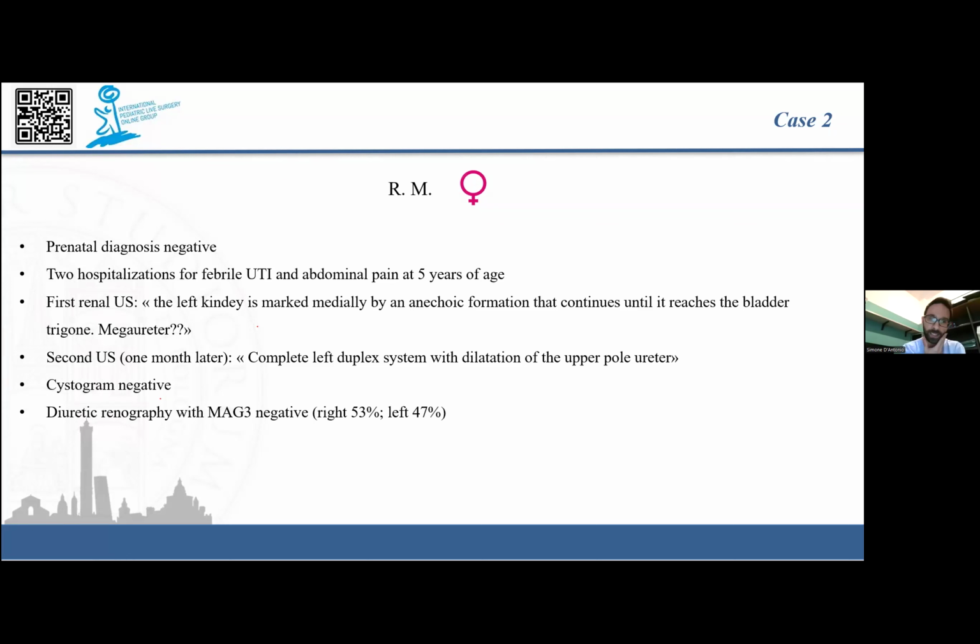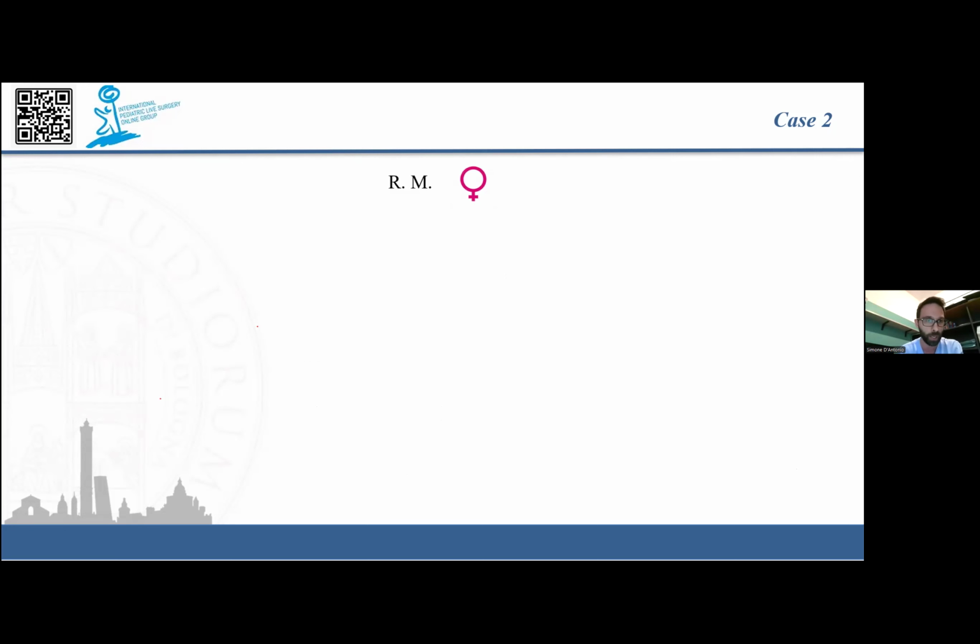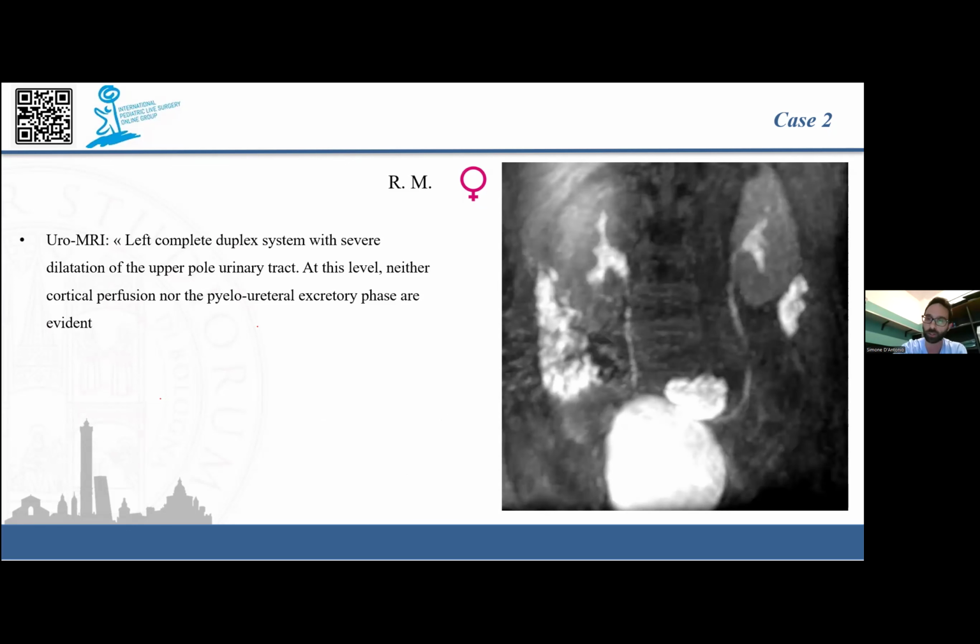The cystogram was negative for reflux and ureterocele, and even the diuretic renography with MAG3 was negative for any urinary obstruction. She underwent a cystoscopy, not in our hospital, but from the original hospital, and they didn't see any ureterocele on the left side, but 2 left ureteral orifices, one in orthotopic position and another one ectopic towards the bladder neck. So the patient was referred to our center, and we completed the diagnostic workup with the URMRI that confirmed